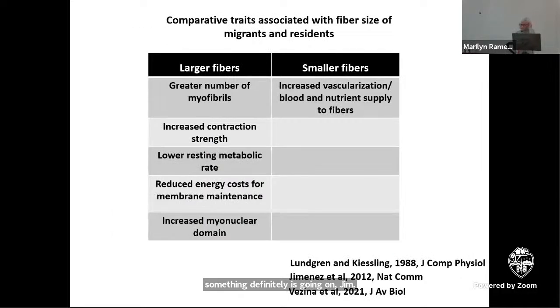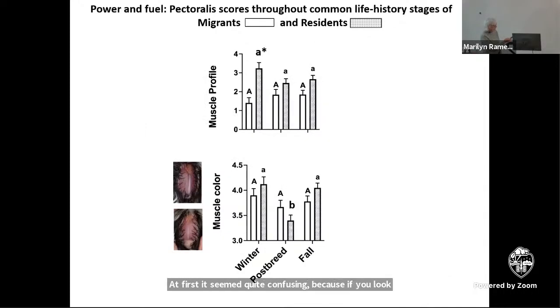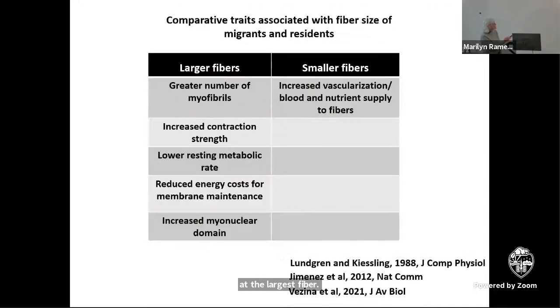So thinking about the comparative traits across these fiber sizes, at first it seemed quite confusing. Because if you look at a larger fiber, what does that mean? We have more myofibrils, so each contraction is going to be stronger. They have lower resting metabolic rate, that is, the fiber itself is based on surface to volume ratio, which in a larger fiber is smaller. A smaller fiber, it's going to be larger. So having a larger fiber is actually reduced energetic cost across the membrane to maintain membrane